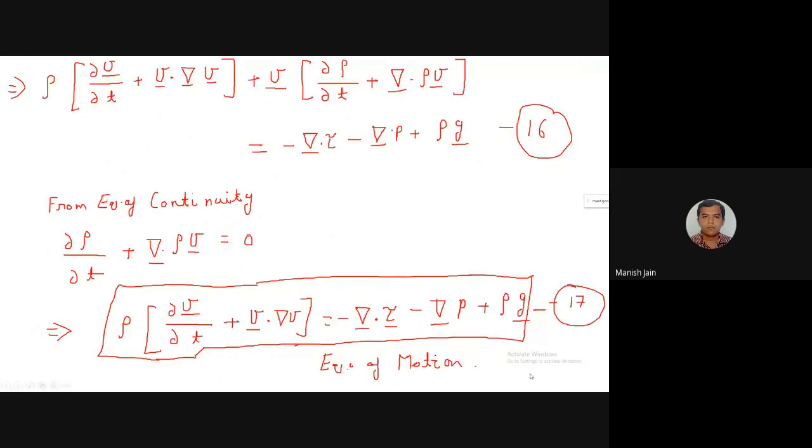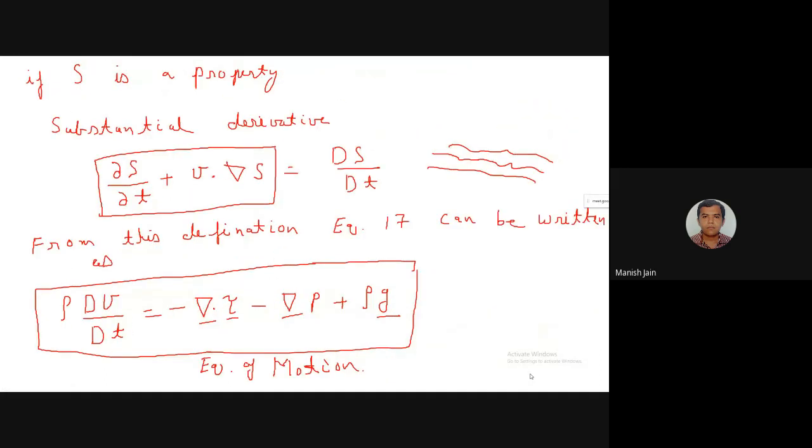The equation number 17, then this is equation number 18, and equation number 19. These are the different forms of equation of motion. So these are the most generalized forms of equation of motion. Okay, so you are not taking any assumption during the derivation of these equations. So for every problem you can use these equations